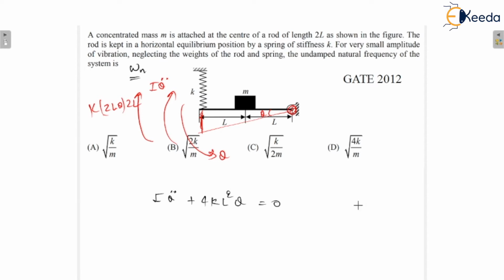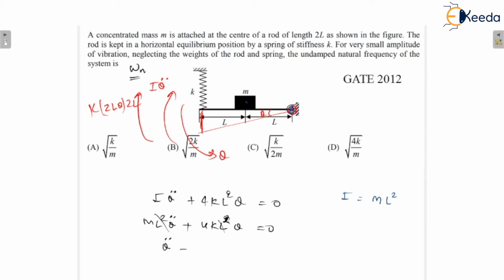Now we will calculate the moment of inertia I. Since the rod is massless, there will not be any moment of inertia of the rod, but there is the mass here, and the hinged point is this. That means we are considering the torque about the hinged point, so I would be M into L square, ML square. So when you rearrange these equations, you can write it as ML square theta double dot plus 4K L square theta is equal to 0,